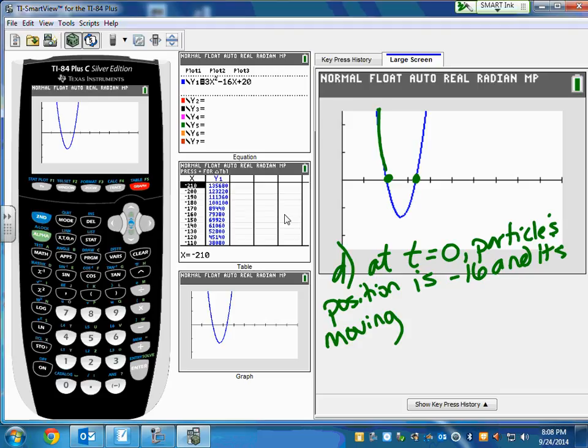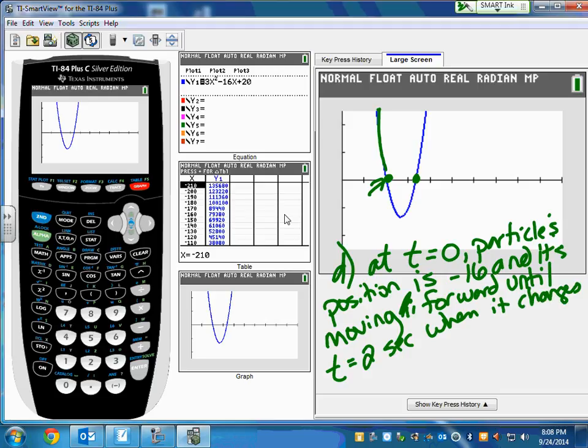So I'm going to say it's moving, or sorry, I'm going to say it's moving forward. Why is this not working? Forward. Until when? When does it stop? Right here, at 2 seconds. Until time equals 2 seconds, when it changes direction